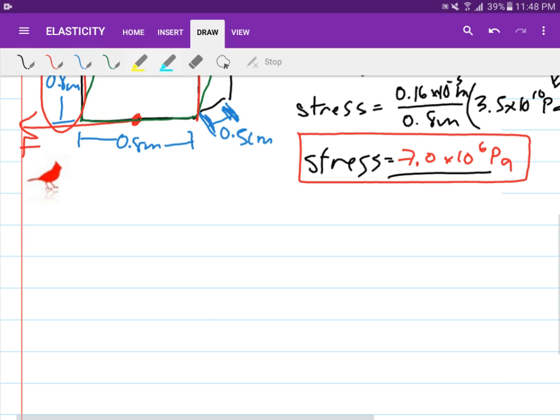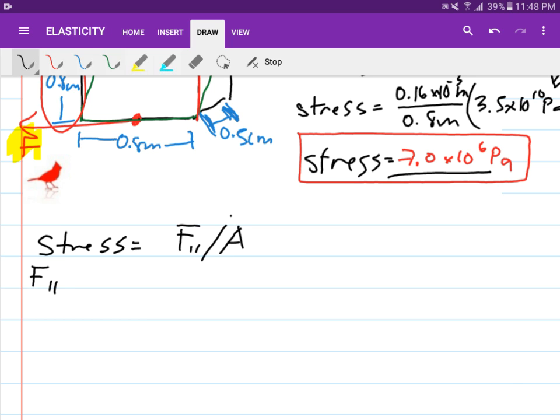Okay, so now we are actually to solve for the forces. We know that stress is just equal to the force applied parallel over the area applied. So our parallel force will be equal to the shear stress times the area. So our stress is 7.0 times 10 to the 6 pascals